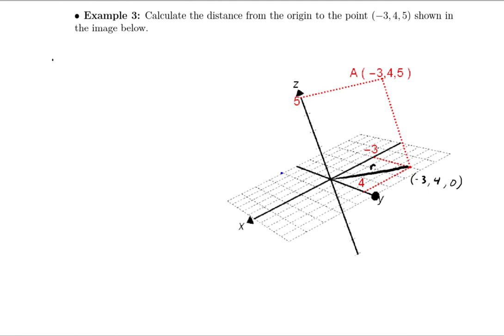So we know that R is equal to the square root of 4 squared plus -3 squared, which is the square root of 25, which is 5. Okay, so R equals 5. Now, if I wanted to then calculate the distance from the origin to this point, the point -3, 4, 5,